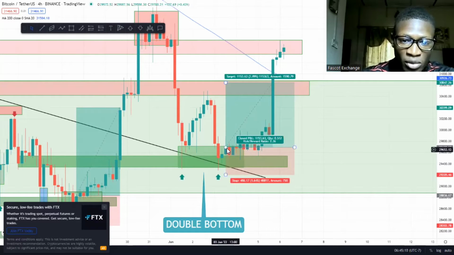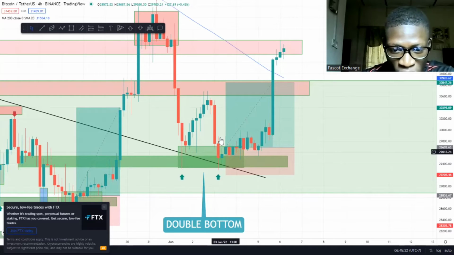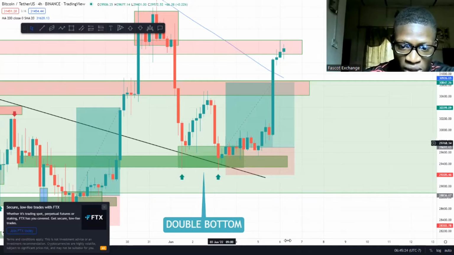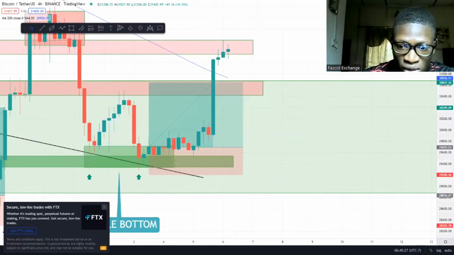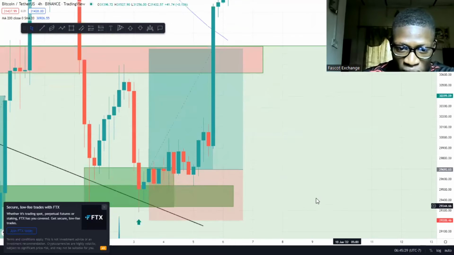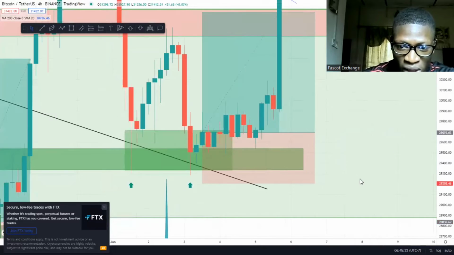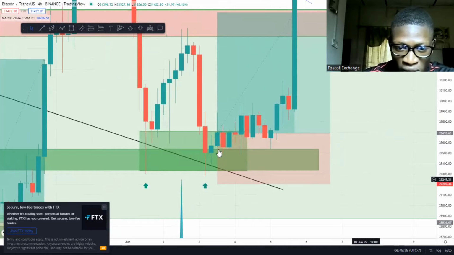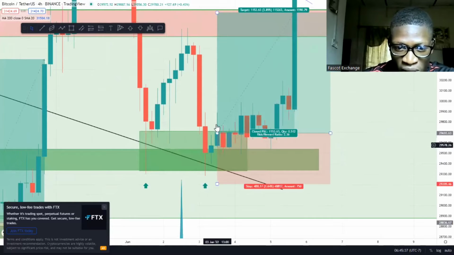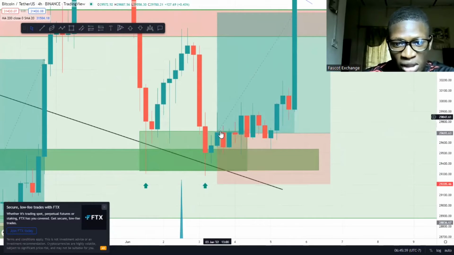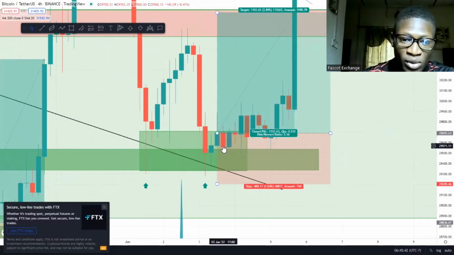This is why we have to enter this zone after this bull candle, because if you look at the bull candle very well, you see that the bull candle doesn't have a wick at all, which is indicating that the price is at a very strong buying pressure. If you look at it very well, you see immediately it opens, price pumps up and then closes. Then we have this red candle which is trying to engulf it, and we have this final engulfing candle